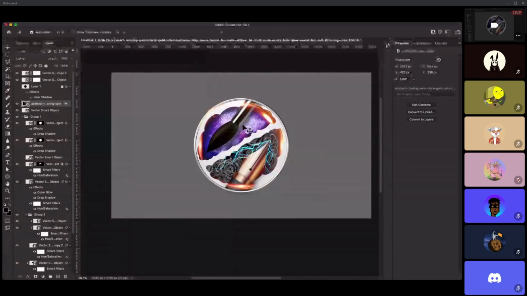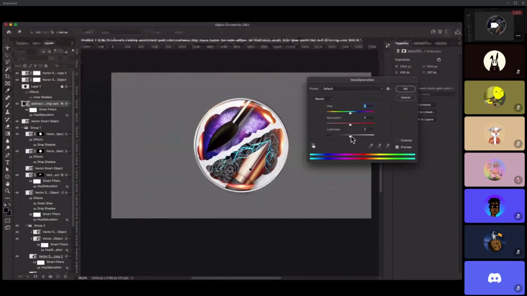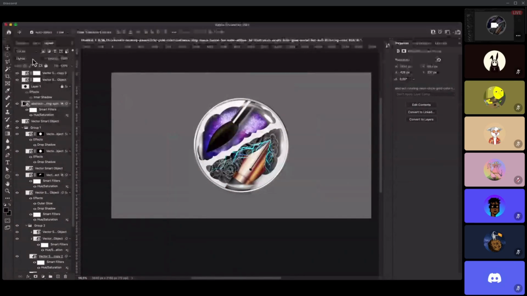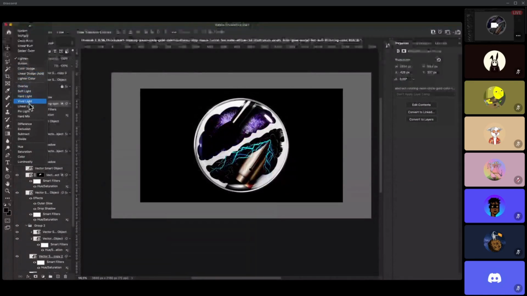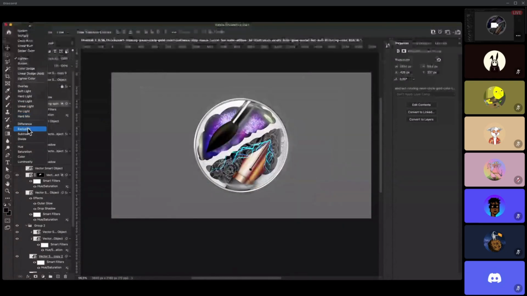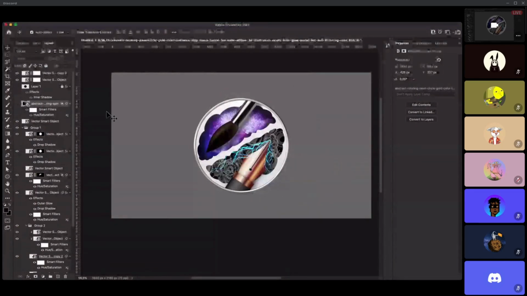At the same time, you can see the colors are a little off because this is more like orange and yellow. So we need to make it desaturated. For that, we just press Command U. The same pop-up comes in. I just drop the saturation to 0. And now again, we play with the blending mode. So we see what looks good overall. That is bad. Oof. Okay, we won't do it right now.